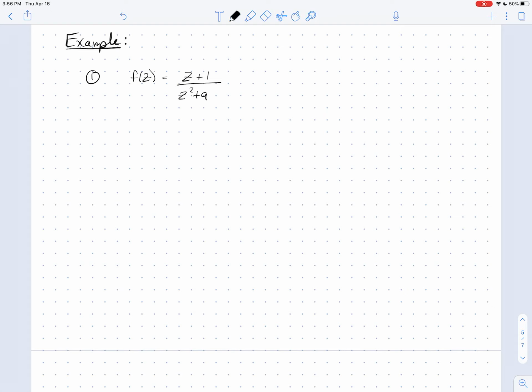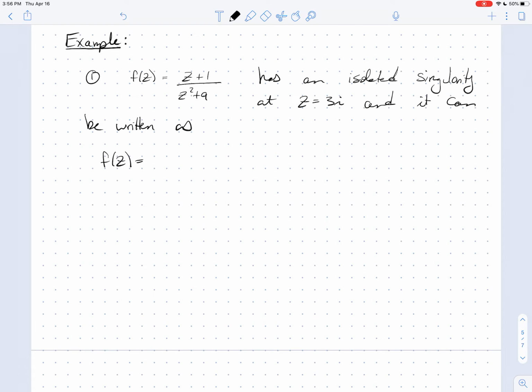So the first one, this function, z plus 1 over z squared plus 9, has an isolated singularity. Well, there's actually two of them at plus or minus 3i. Let's look at 3i first. So an isolated singularity at z equals 3i, and it can be written as, well, f of z equals phi of z over z minus 3i